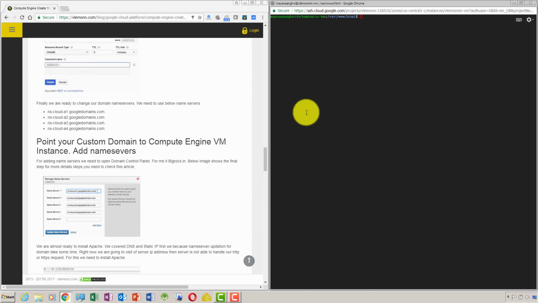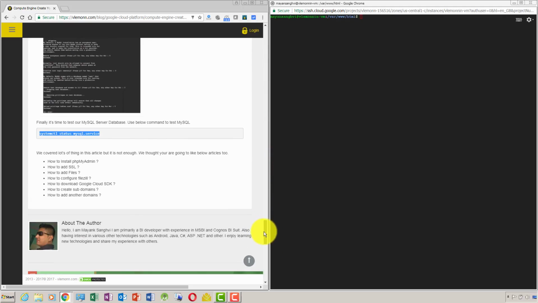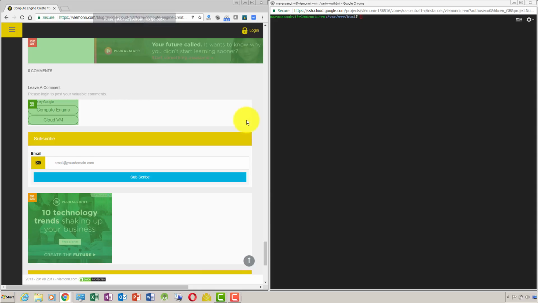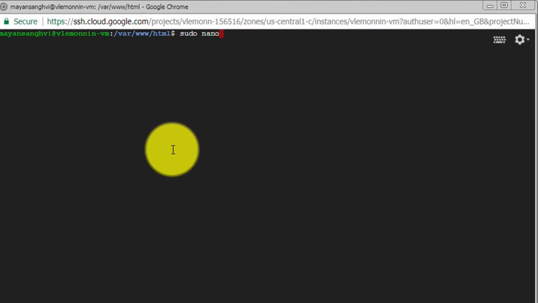Okay, so the last thing I want to show you is I want to create a PHP index.php file. Sudo, and we are here, so let me click this, and I'm going to type sudo nano index.php, or let me first switch back to